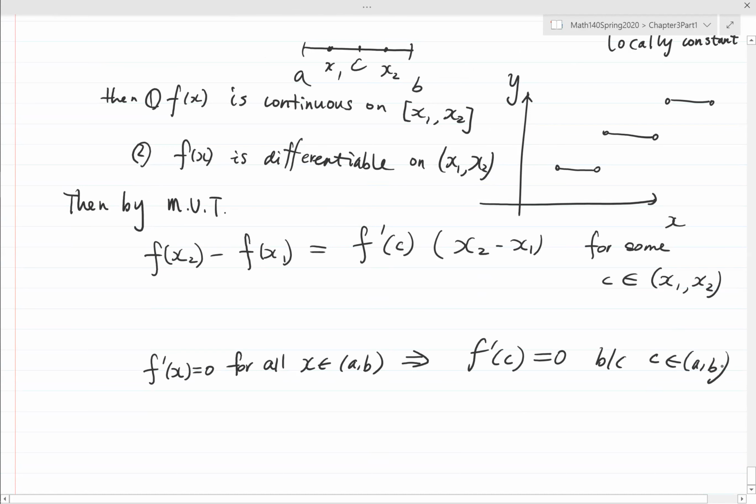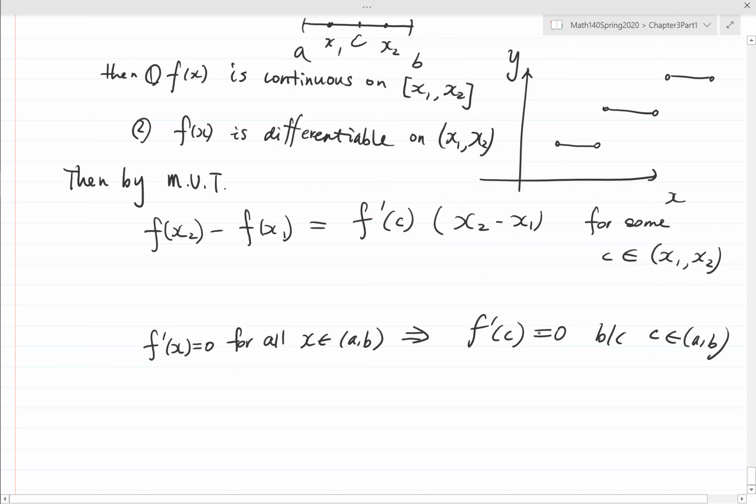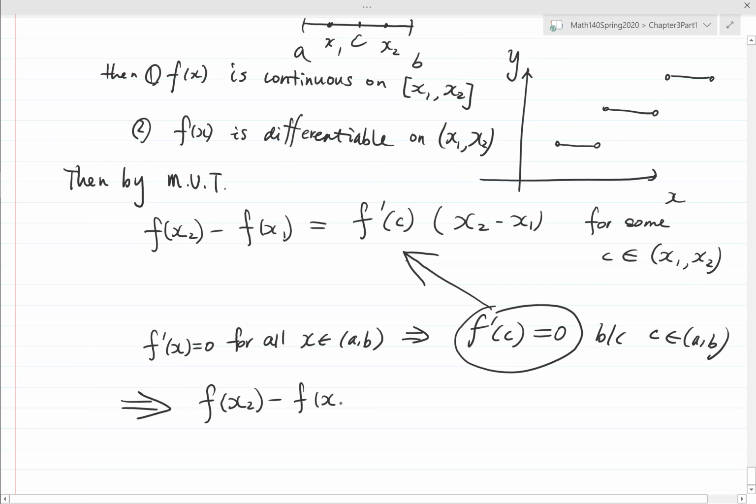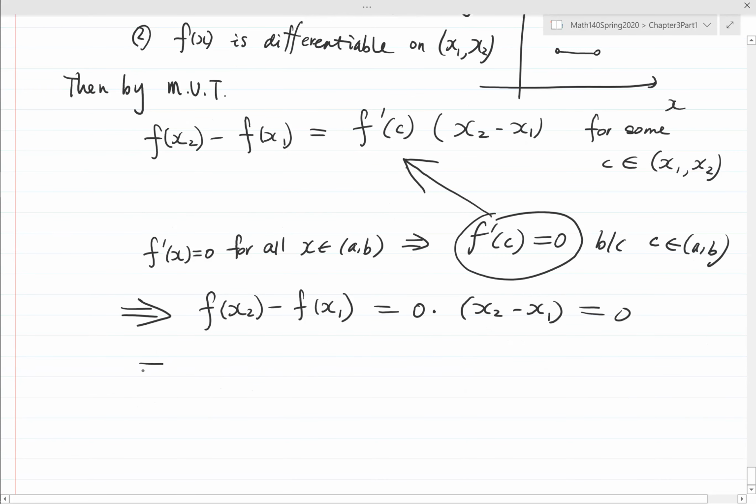Okay, so this means by the mean value theorem, we can get this condition. We plug into the given equation, so that we can conclude f(x2) minus f(x1) is 0 times (x2 minus x1), which is of course 0. So this means f(x2) equals f(x1). Now we pick any arbitrary x1, x2 in the interval a to b, then we get